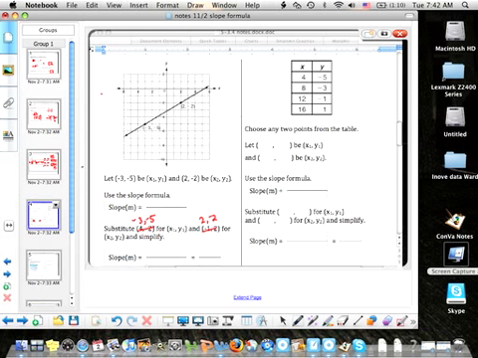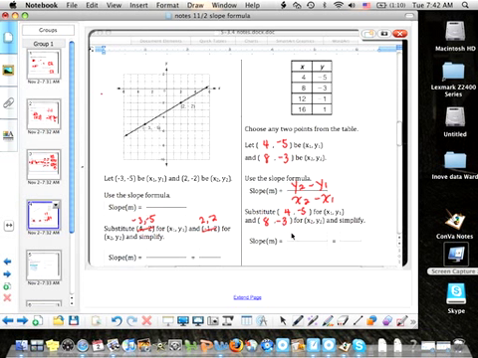Looking at a table, if I choose any 2 ordered pairs I want, I'll just choose the top 2. 4, -5 is one of my ordered pairs. 8, -3 is the next ordered pair. Again, I've got my slope formula, y2 minus y1 over x2 minus x1. If I substitute in 4, -5 for the x1, y1, if I substitute 8, -3 for the x2 and y2,